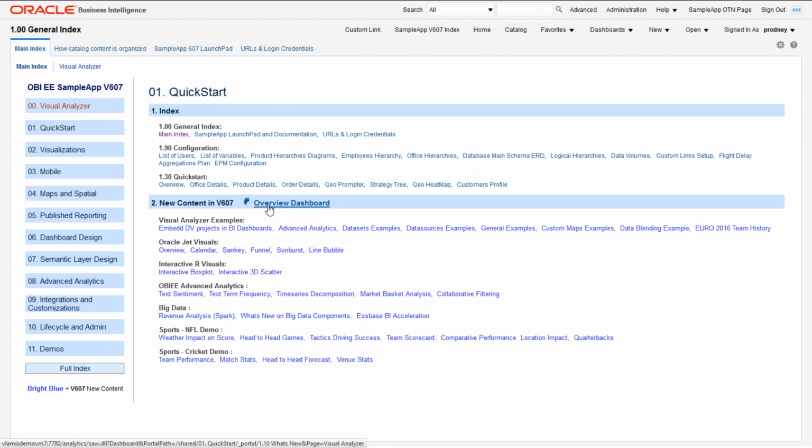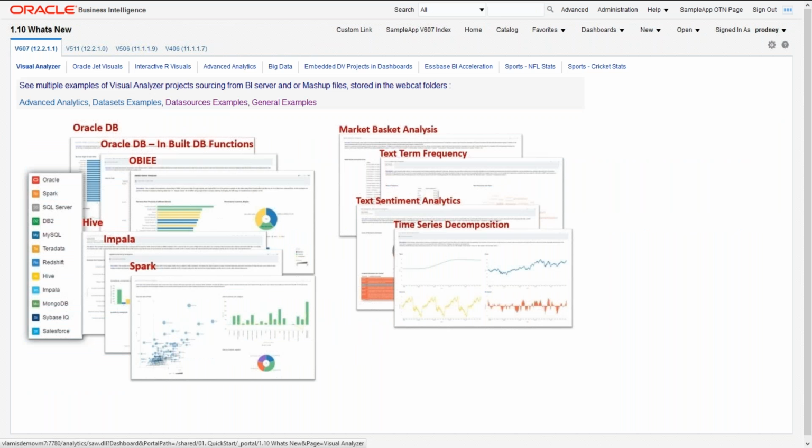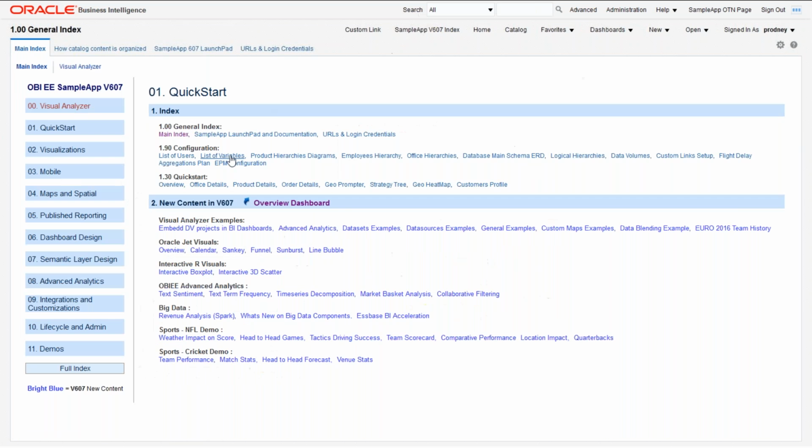There's a couple new things in here I'll showcase real quick. One is an overview dashboard of this. If I click on that link, it will then replace this and show some of the new content that's in here from the Visual Analyzer interface in what's new. So there are JET visuals. We'll go through some of this, and you can see what's new in each of the major versions of SampleApp as it came out. So then if you click on this full index, each one of these, by the way, and let me